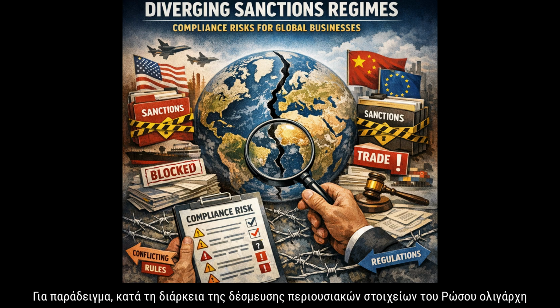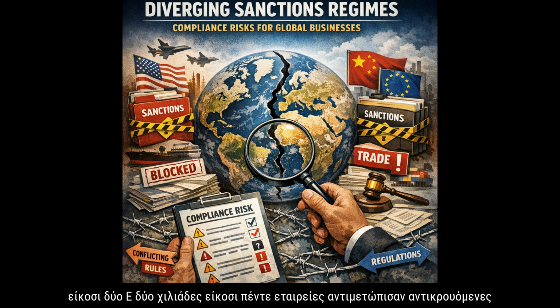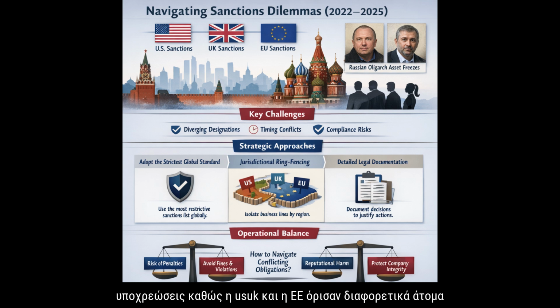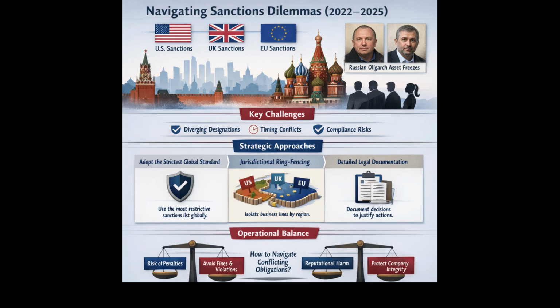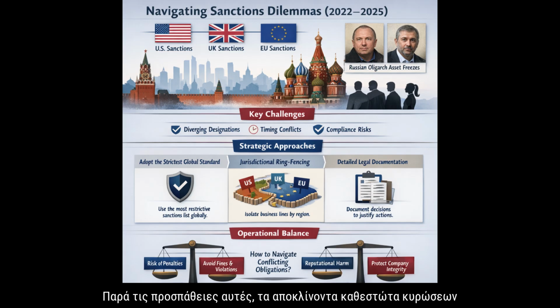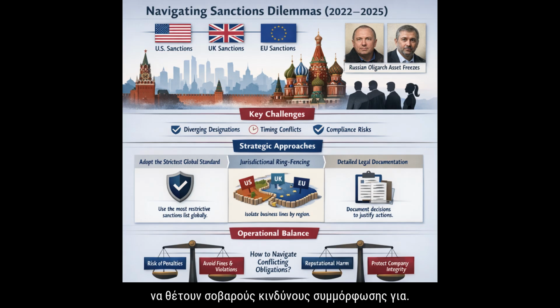For example, during the Russian oligarch asset freezes 2022-2025, firms faced conflicting obligations as the US, UK, and EU designated different individuals and entities at different times, requiring careful legal and operational strategies to avoid penalties or reputational harm. Despite these efforts, the divergence in sanctions regimes continues to pose acute compliance risks for